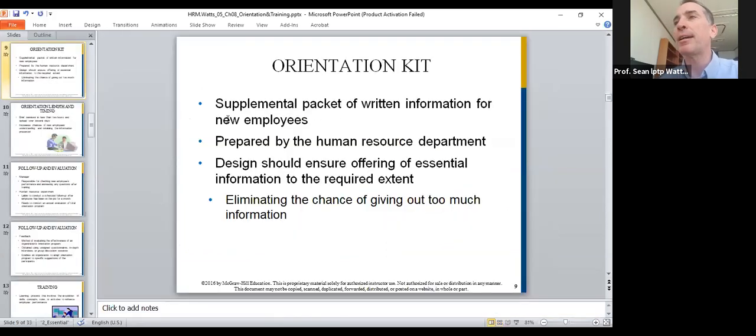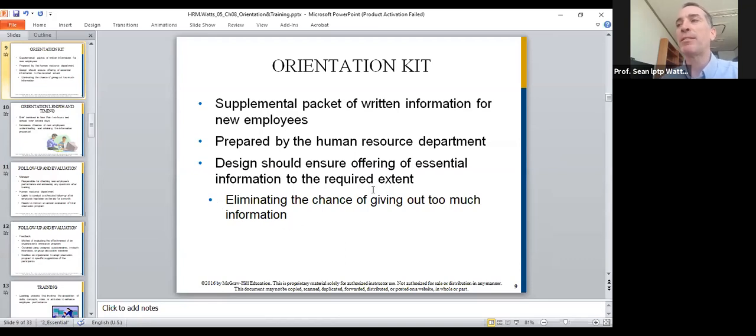Again, the supplemental package is written for new employees, but it can be designed for several different types of employees, depending on the department or the type of learner. Each person can have a different learning or communication style. General HR should become a specialist in that and modify these training packages for those. Of course, they're designed to ensure the essential information is given to the required extent in the text.